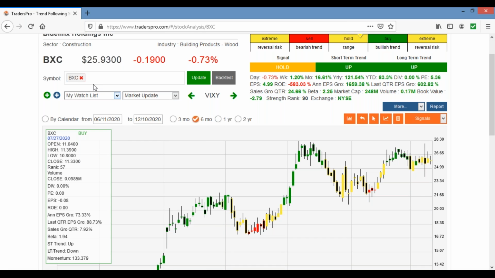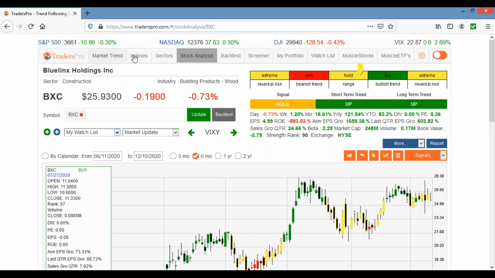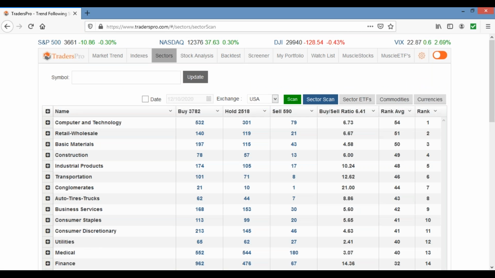By far my favorite pattern to trade is the cup with handle or inverse head and shoulders pattern. Man, those things work almost every time. But not every time. So you can't be putting everything you own in those, risking everything, assuming that it's got to work out. Let's go to industrial products